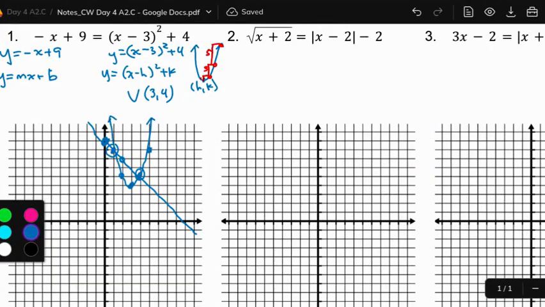So it looks like I've got 2 points of intersection, but my equation only has x's. So we're just solving for the x value at those 2 points. That would be at positive 1 and at positive 4. So x equals 1